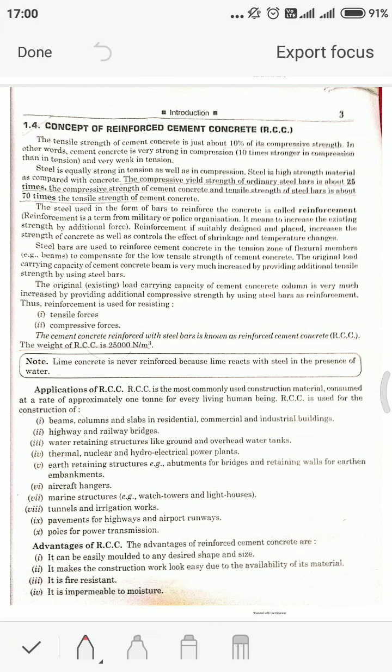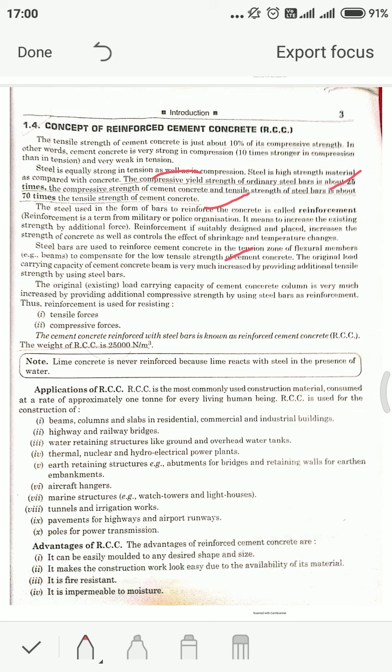Steel is equally strong in tension and in compression. So we use steel for tension and compression to increase the bearing capacity against compressive forces and tensile forces. The compressive yield strength of ordinary steel bar is about 25 times the compressive strength of cement concrete, and the tensile strength of the steel bar is about 70 times the tensile strength of the cement. Steel bars are used to reinforce concrete